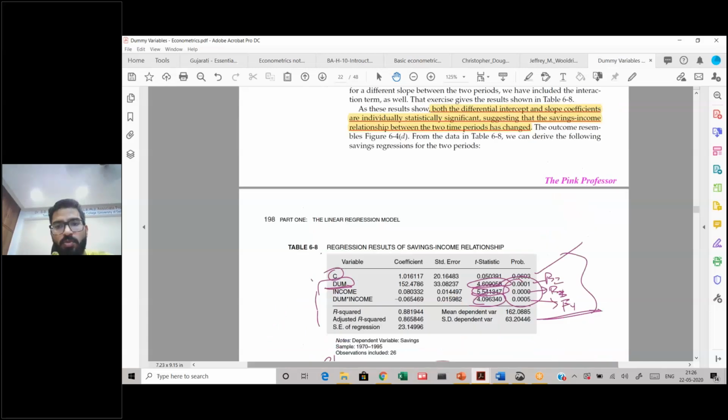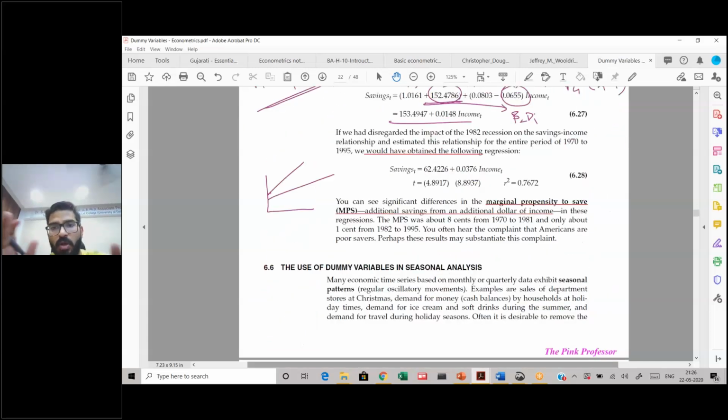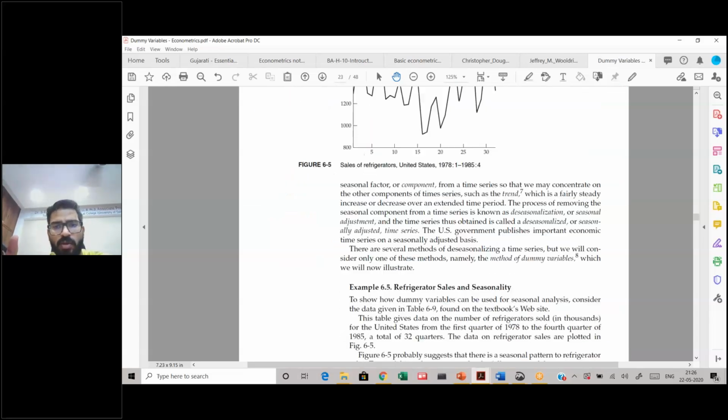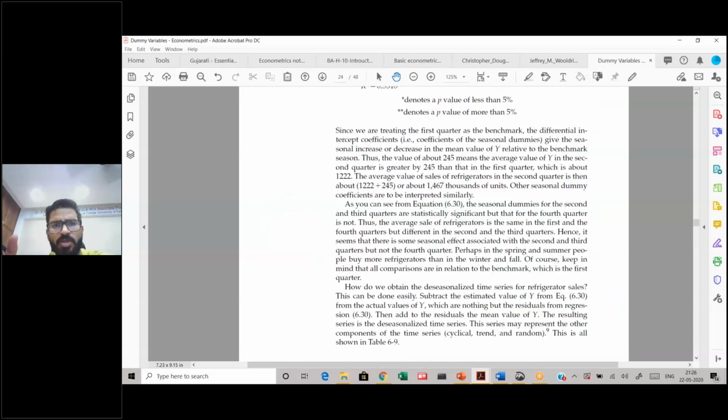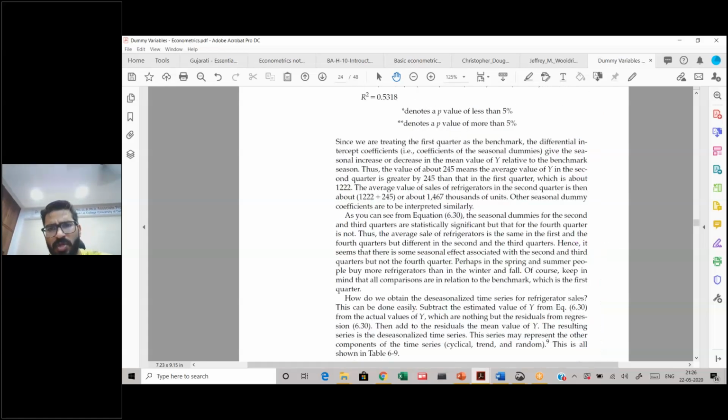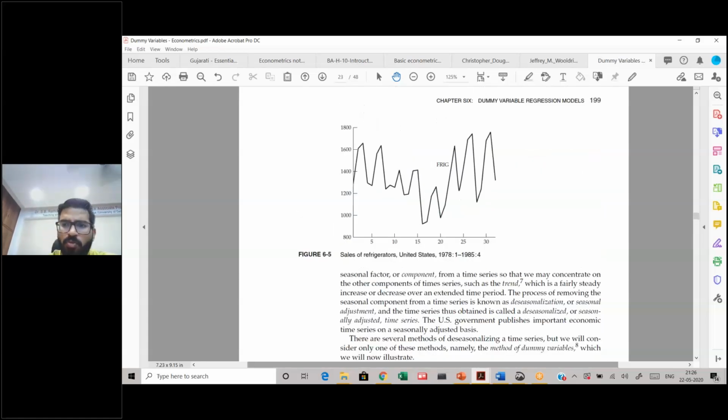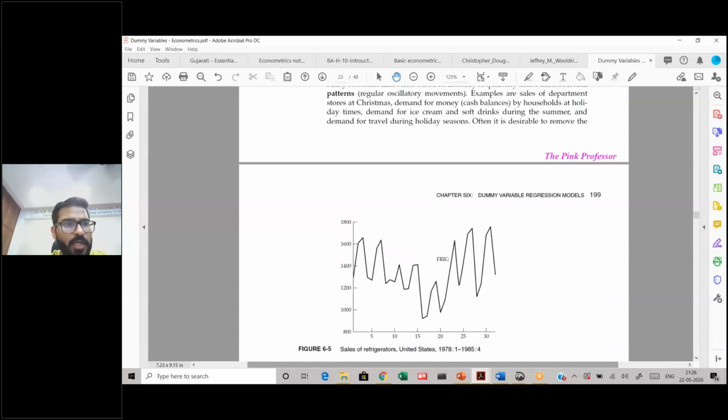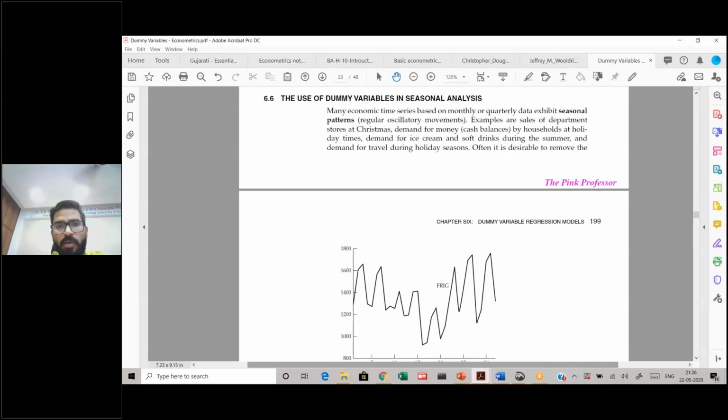So this is what I wanted to explain to you. With this, you don't need to cover the rest of the part. That's not part of your syllabus. Still, if you want to go through it, I have mentioned it. And in the fag end of the readings, you will find my class notes for the entire chapter as well.